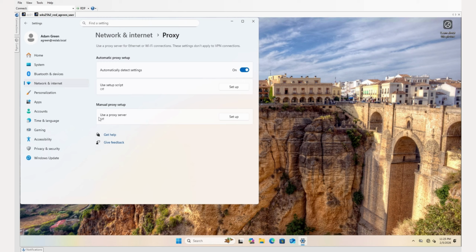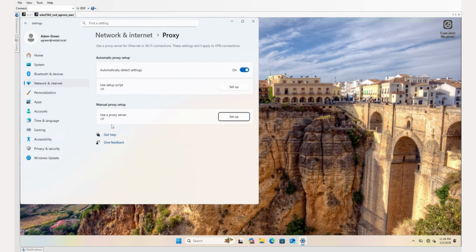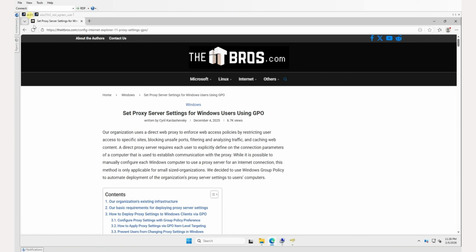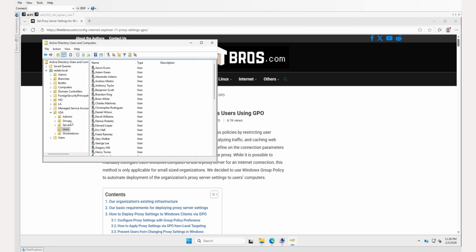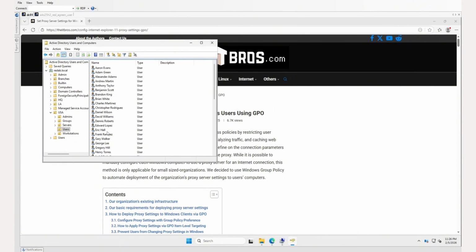Group policy provides an effective method to enforce proxy configurations across user computers, eliminating the need for manual setup on each machine. This step-by-step guide will show you how to apply proxy settings to Windows 11 client computers using group policy preferences. All Chromium-based browsers automatically use the system proxy settings configured in Windows. In this video, I will demonstrate how to centrally apply the same proxy settings to all users in the USA